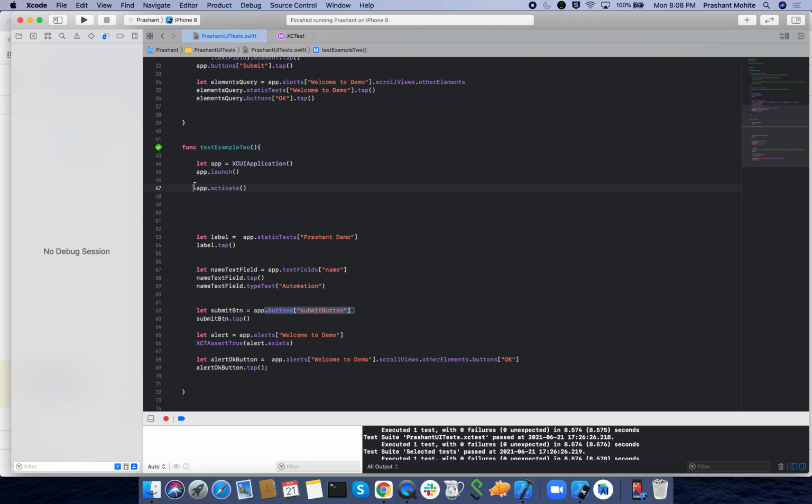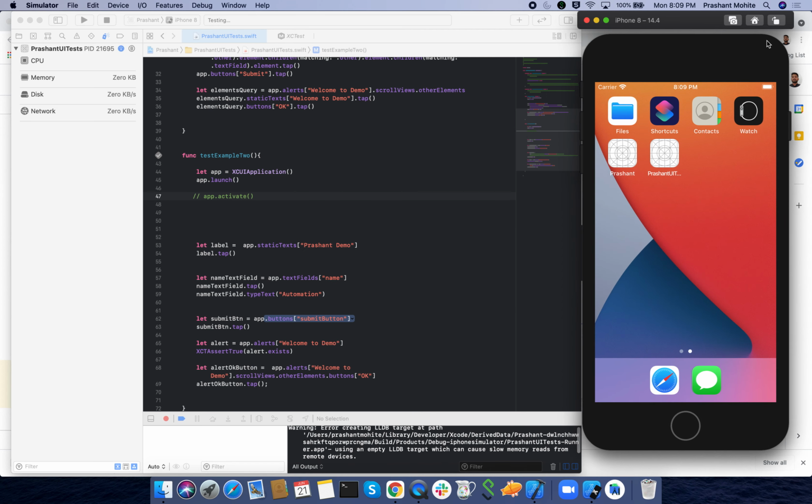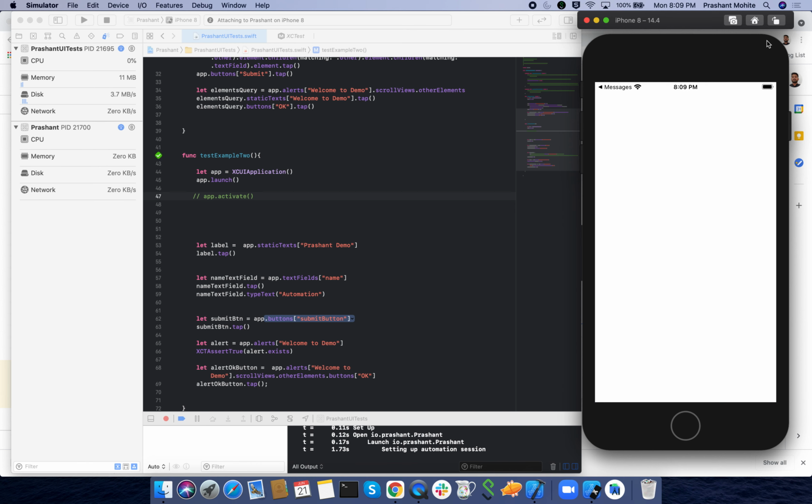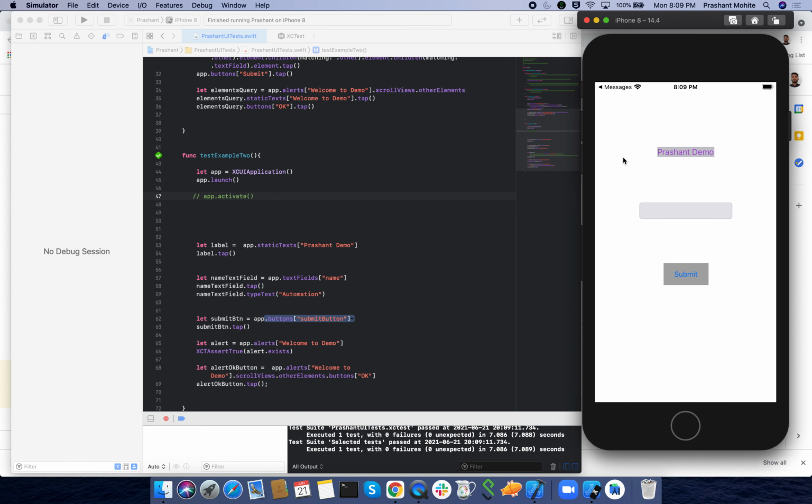First I will run app.launch, as we have already seen. Let me run this. See, here it has created a new instance of your application. Now on my phone the application is in a state where it is already opened or in the background.